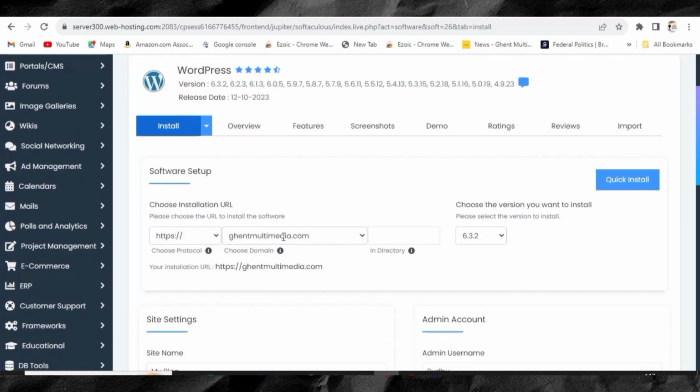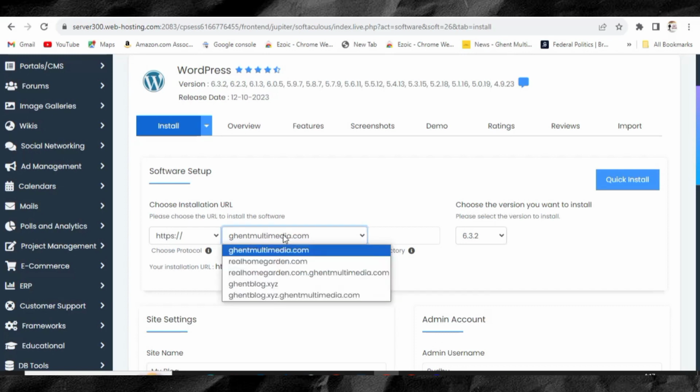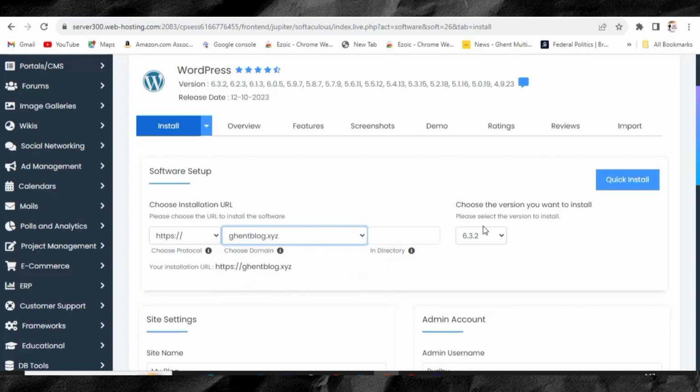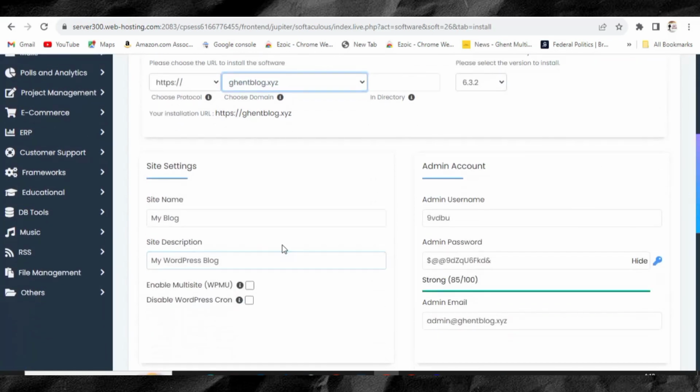WordPress. Over here I have a lot of domains on Namecheap, so it's showing my first domain over here, but this is not the domain that I want. I want to launch the WordPress on this particular domain. So I will click this one, genblog.xyz, and then leave this like this. This is the latest WordPress version, and then you're gonna come down right here, and then